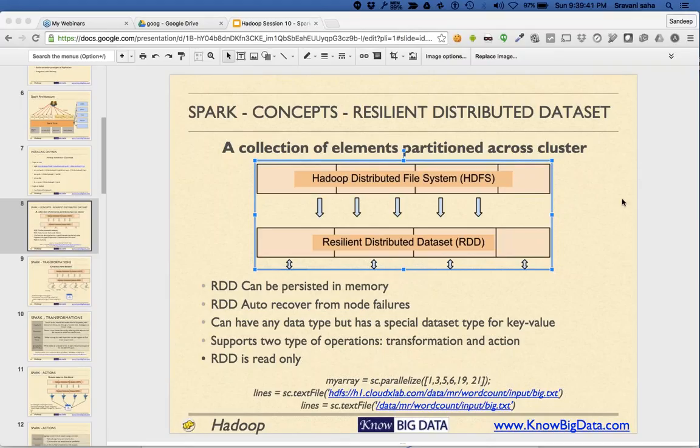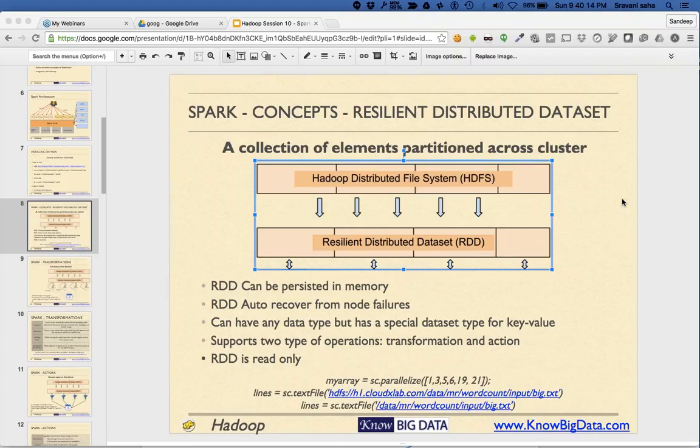So the first idea behind RDD is that it tries to keep the pointer to the actual location such that the distance between the RDD partition and the actual data location is very small. This RDD can recover from failures because Spark knows how to create the RDD.